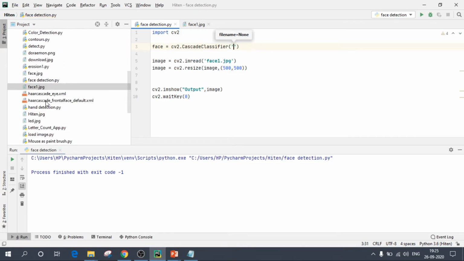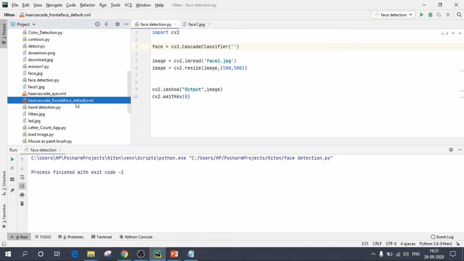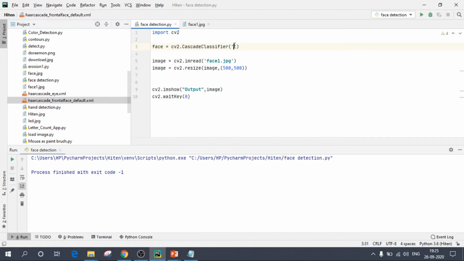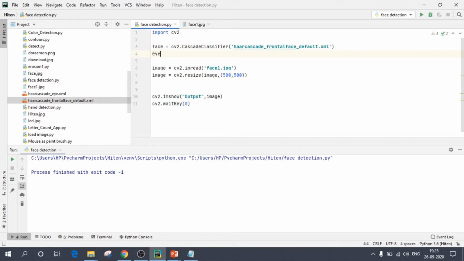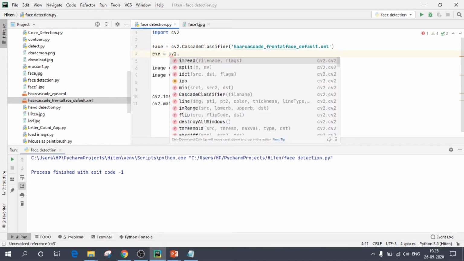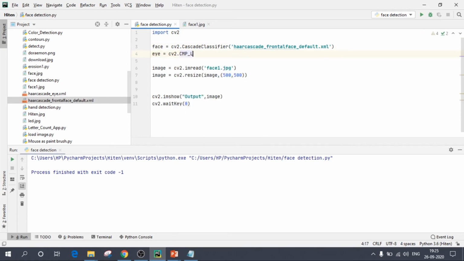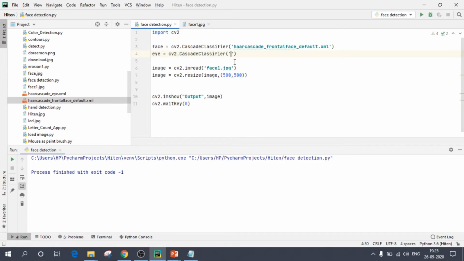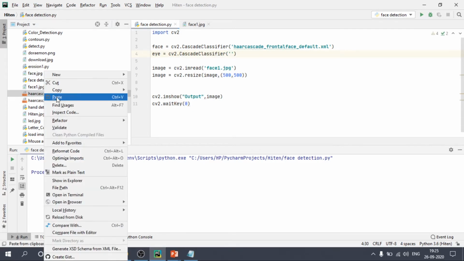The face classifier name is over here, so just right click, copy, and paste over here. Similarly create a classifier for eye. So eye equals cv2.CascadeClassifier, single quote, and copy this file name from here.